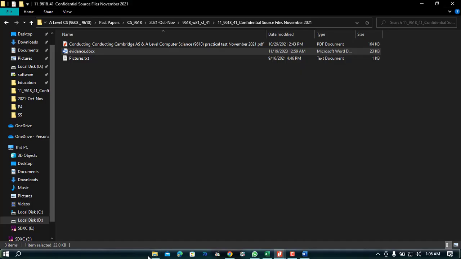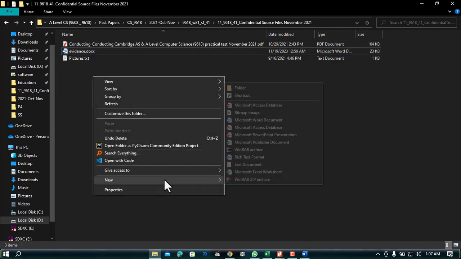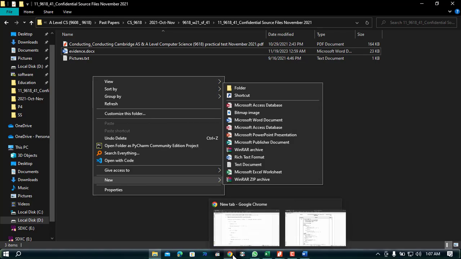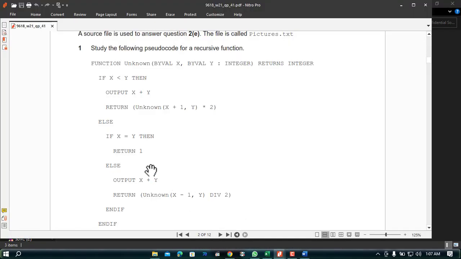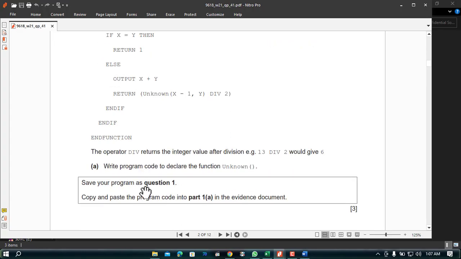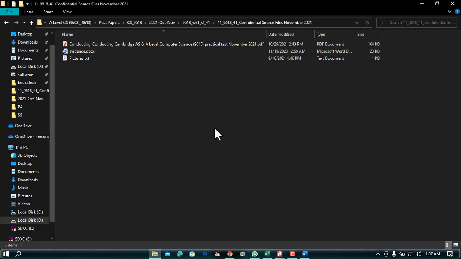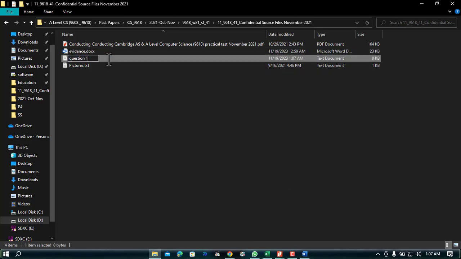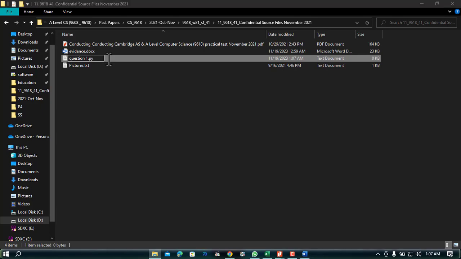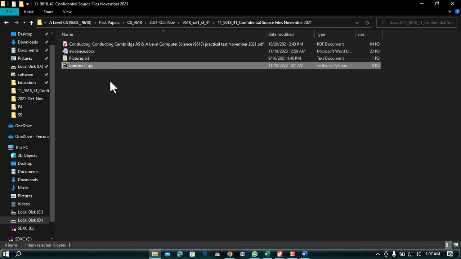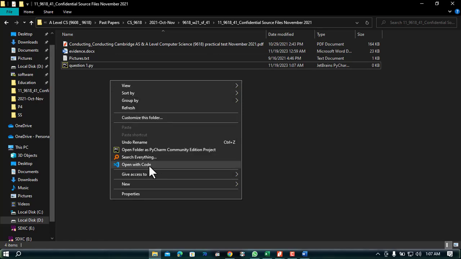Go to your folder and simply create a file. Is there any name they have given? Yes, they asked you to save this question as question 1. So I'm going to simply copy the name from here, come over here, click right button, create a text document, select everything, paste the question 1 name, and after that give the extension py so that your file will be converted into Python. Now click right button over here and open with